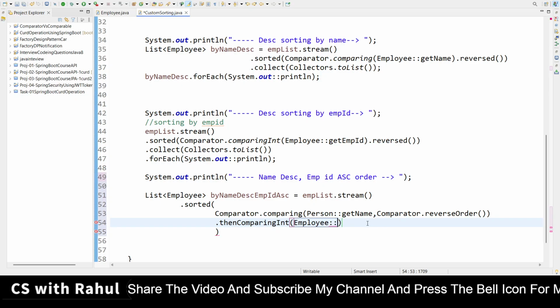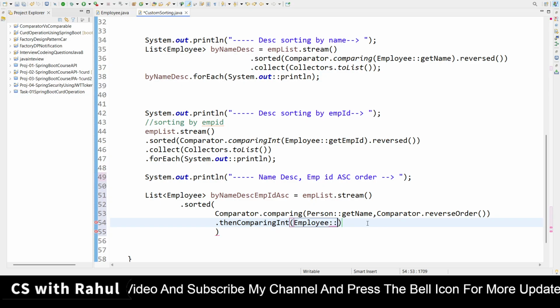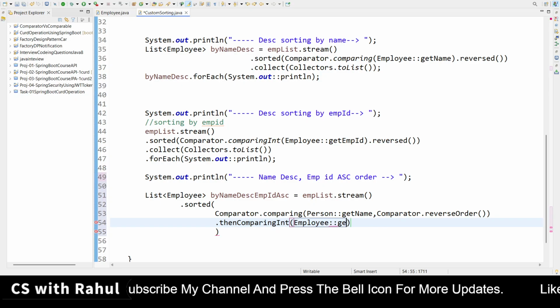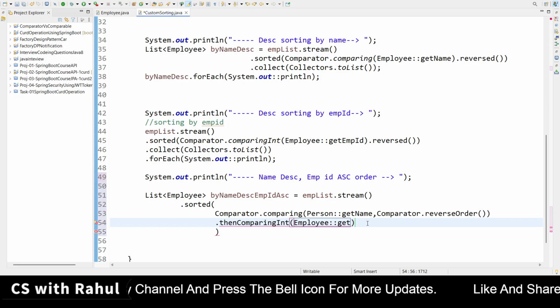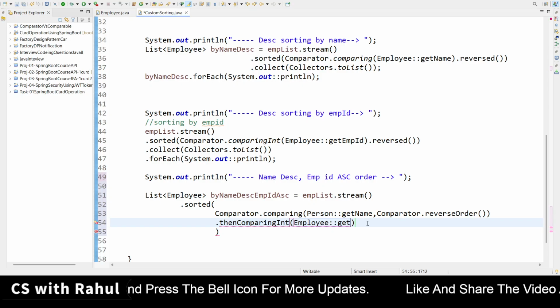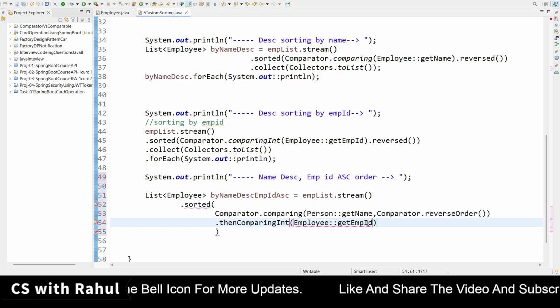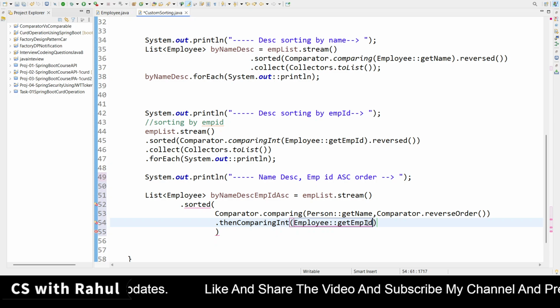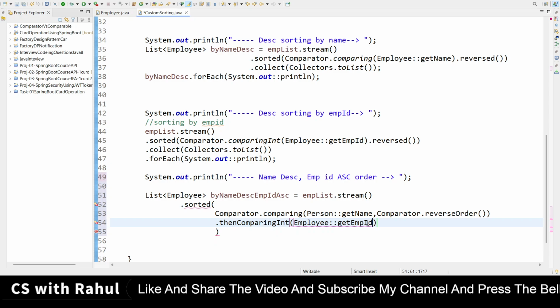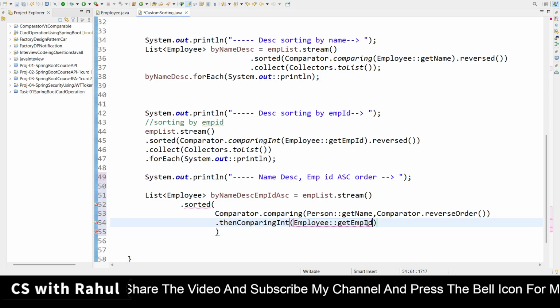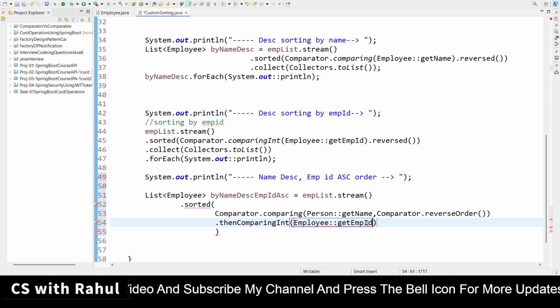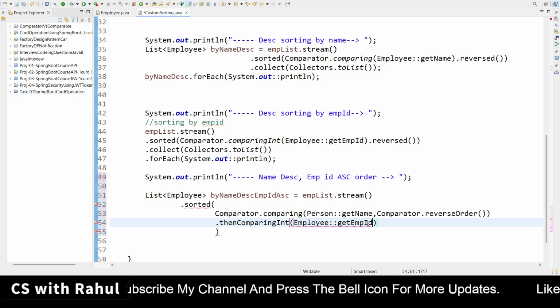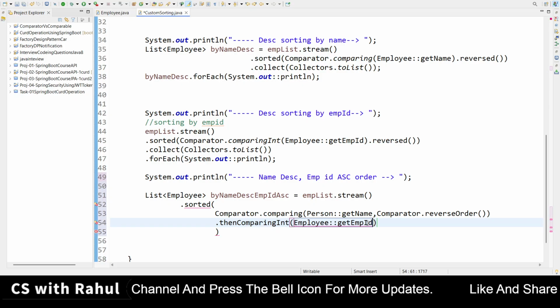Here I am providing the example in the coding based on Employee. So here I am calling getId, get employee ID. Now this is fine. Based on employee ID I am just comparing, but it would be in ascending order, not in descending order.